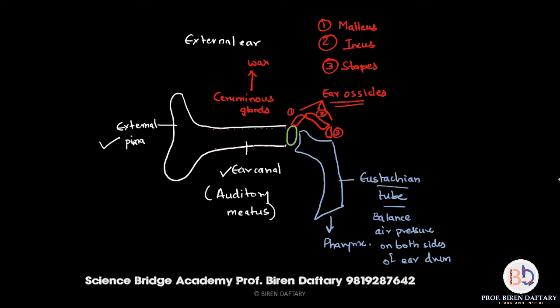Okay, so up till now we have seen the external ear. The external ear is made up of three parts: the external ear, which is also called the pinna, the ear canal, which is also called the auditory meatus, and finally the eardrum, which is also called the tympanic membrane. The external ear continues into the middle ear, which is made up of three ossicles: the malleus, the incus, and the stapes. These three vibrate when the sound waves pass through them. And the middle ear is also made up of a structure called the eustachian tube, which basically balances the air pressure on both sides of the tympanic membrane or the eardrum. Okay, so friends, up till here we have basically finished the two parts of the ear, that is the external ear and the middle ear.